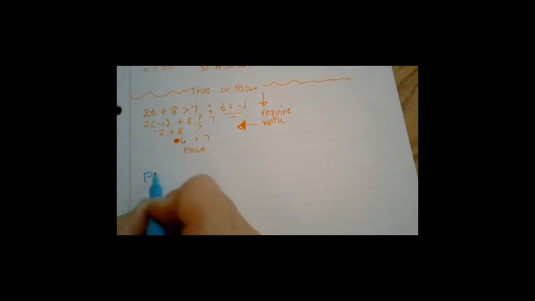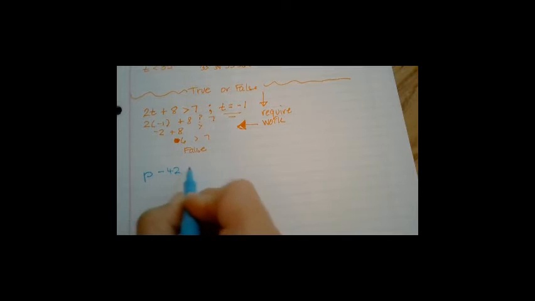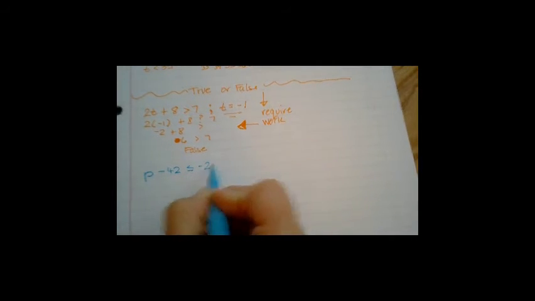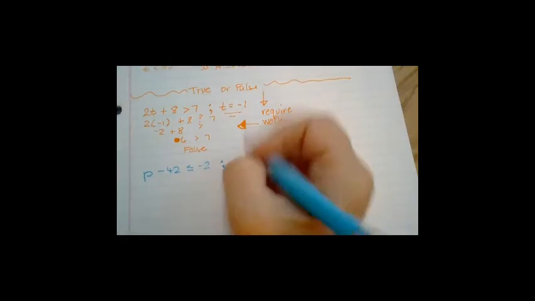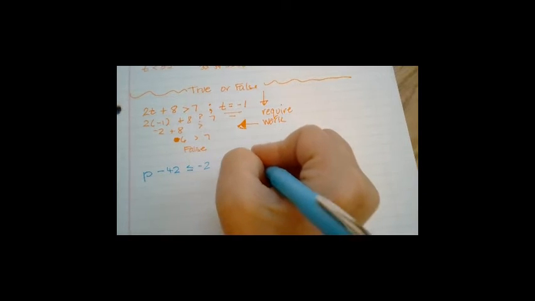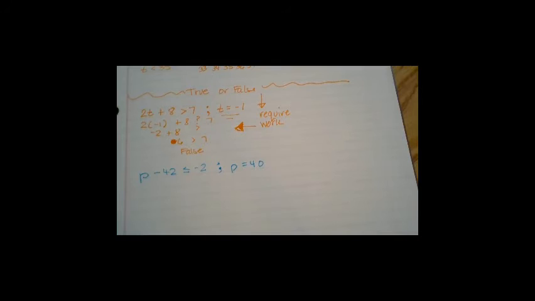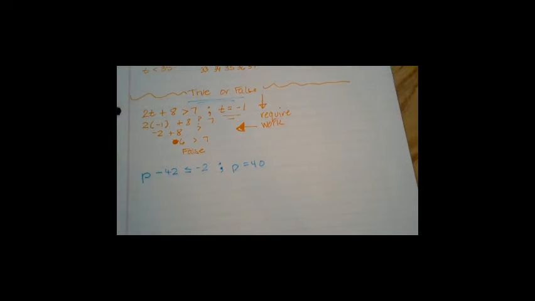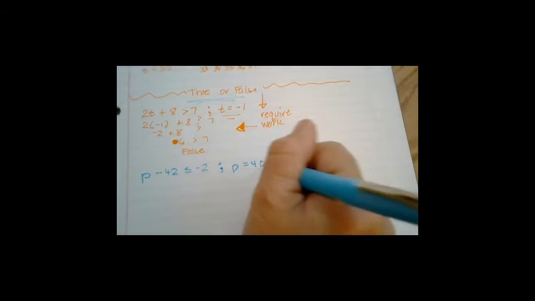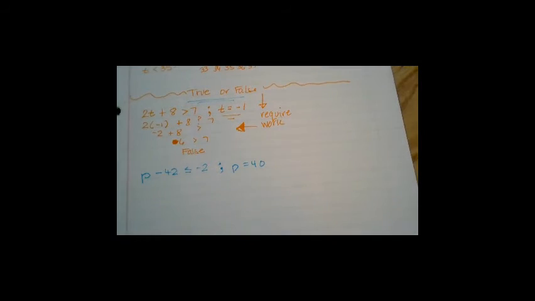We're going to have p minus 42 is less than or equivalent to -2, where they are going to state that the value of p is going to be equivalent to 40. You need to identify if this is a true or false statement because those are the directions we're given here. So what we do, again, is we replace the variable in this inequality with the value that we've been given for the variable. So we can say 40, substitution property of equality, minus 42,